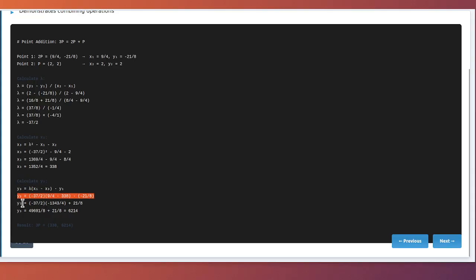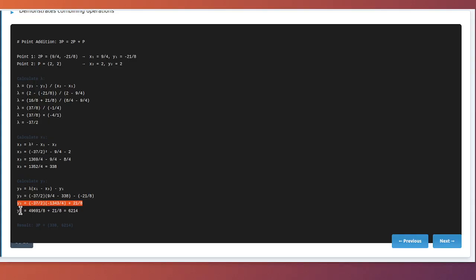Substituting the values, this equals negative 37/2 times the quantity 9/4 minus 338, minus negative 21/8. Now, 9/4 minus 338 equals 9/4 minus 1352/4, which then equals negative 1343/4. So, negative 37/2 times negative 1343/4 equals positive